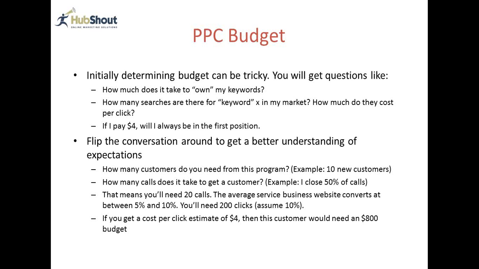If I then go into the AdWords keyword tool and pull out my estimate of, let's say, $2 and I double it, or I decide to be overly optimistic and just use the number, and it's $4, I could estimate that this client is going to need about an $800 budget to get their 10 new customers a month. So that's how this model works.